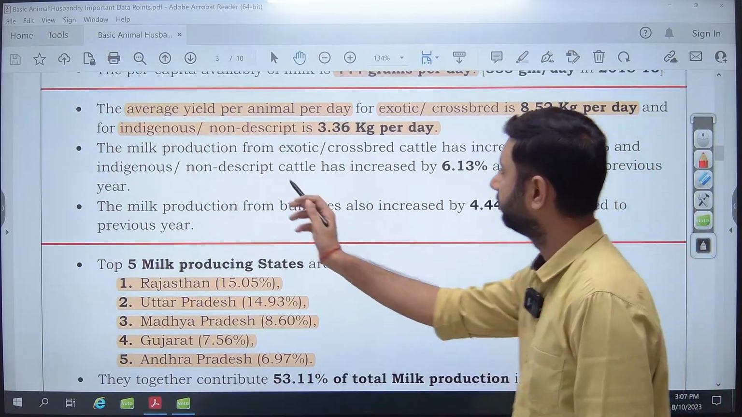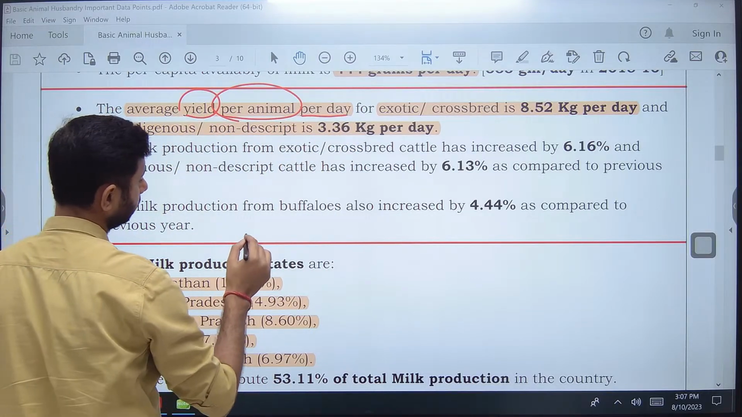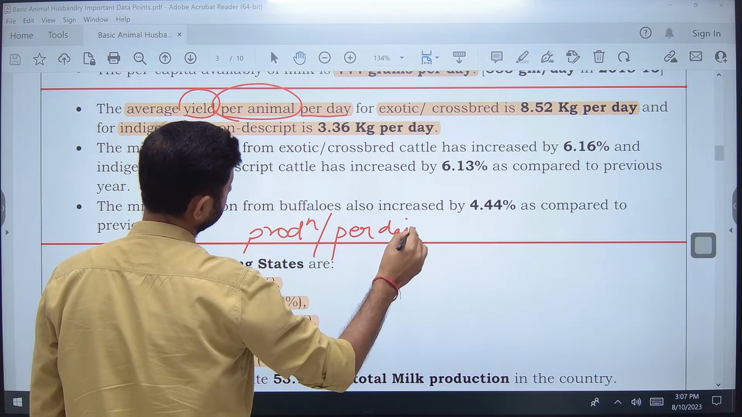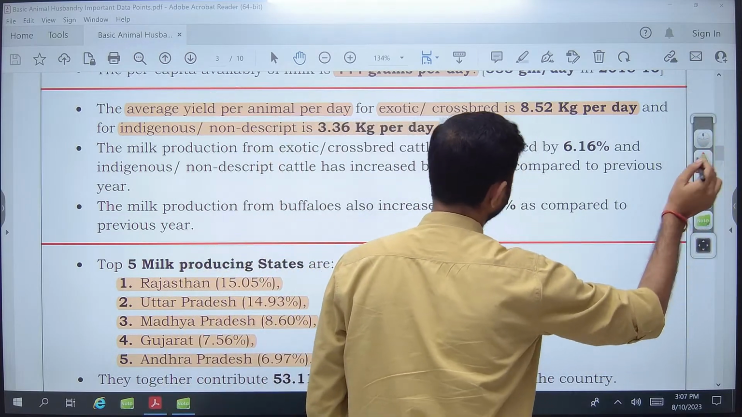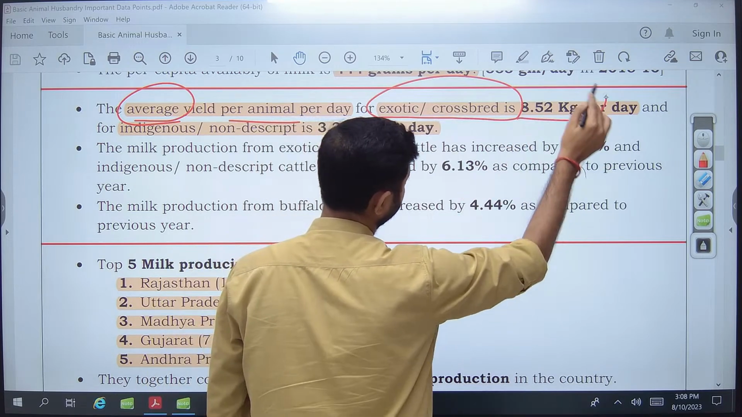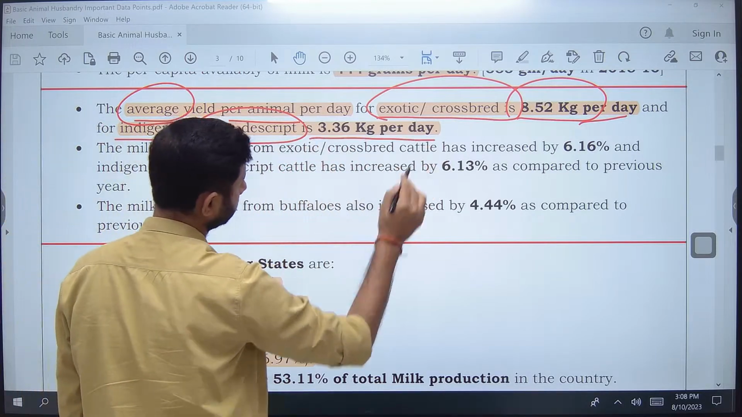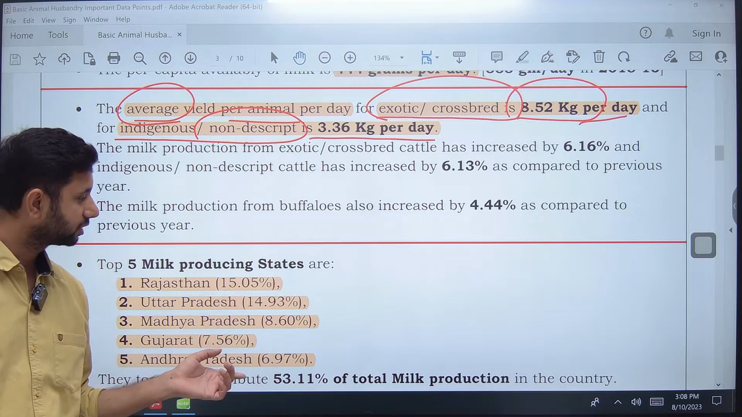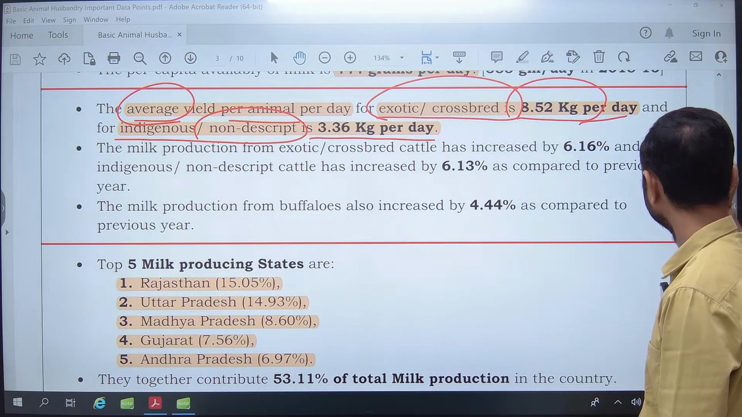Next important data is average yield per animal per day. So yield is production. Okay, so we had discussed about production per day, which came out to be 444 gram per day. Okay, so now we are talking about average yield per animal per day. For exotic crossbred, it is 8.52 kg per day. Okay, and for indigenous nondescript, it is 3.36 kg per day. So importance of these two statistics you will get when we will discuss about breed wise milk production happened in 2022. Okay,